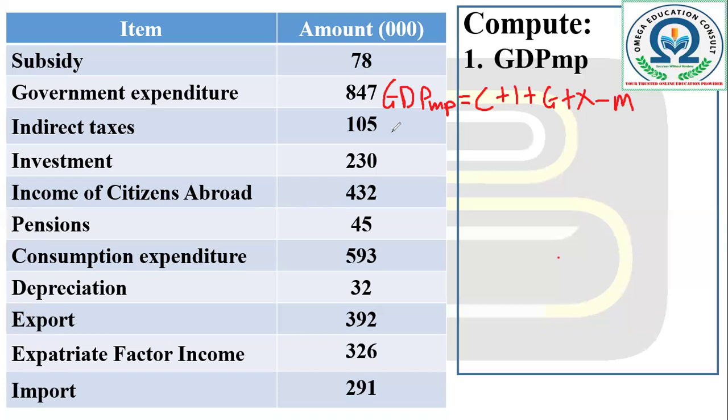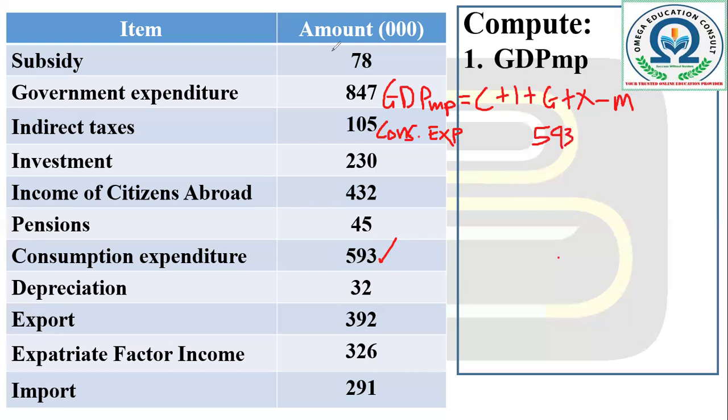So consumption expenditure, we write in full. Now, for want of space, I will be using abbreviation, but you'll have to write everything in full. So consumption expenditure is given in the data as 593. Okay, so 593. Now, take note that if you write only 593, the examiner is going to mark it